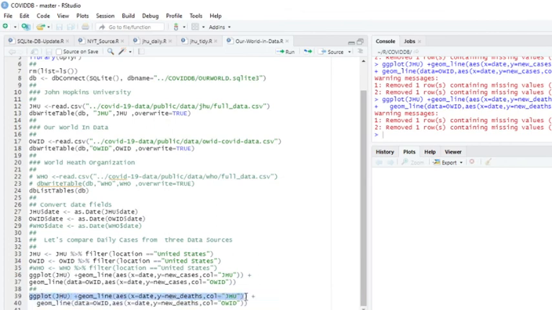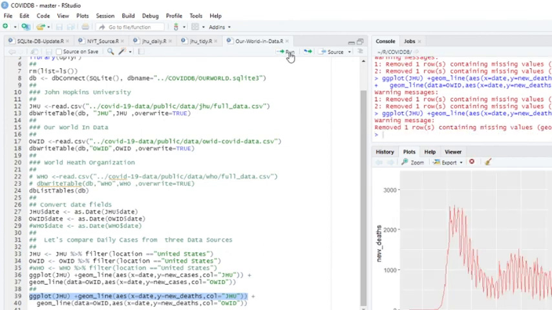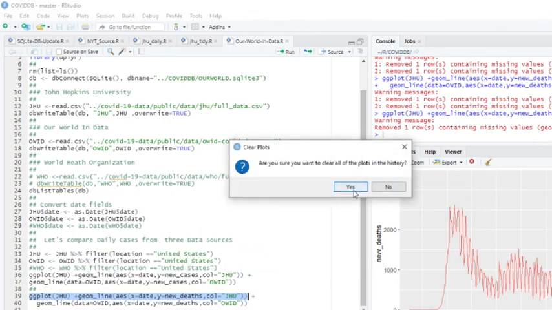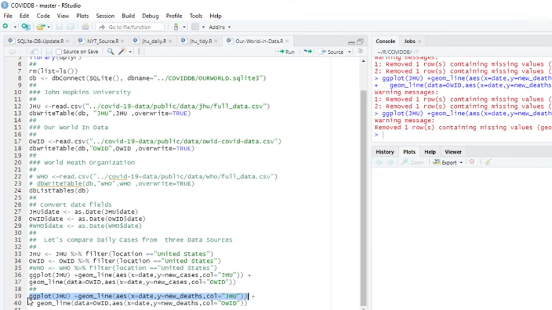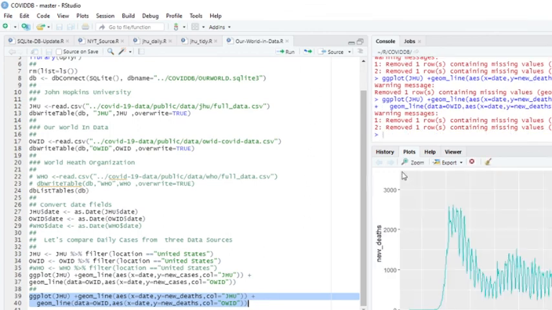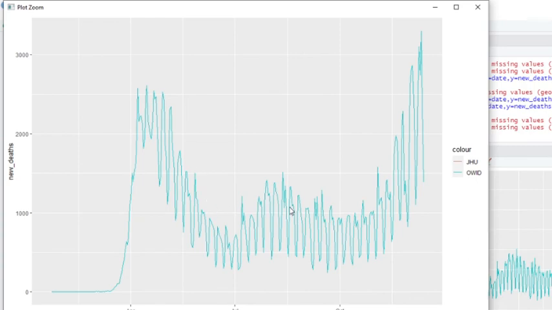Let's just run this by itself and see what happens. So there's one. So it appears that they're both in there someplace apparently.